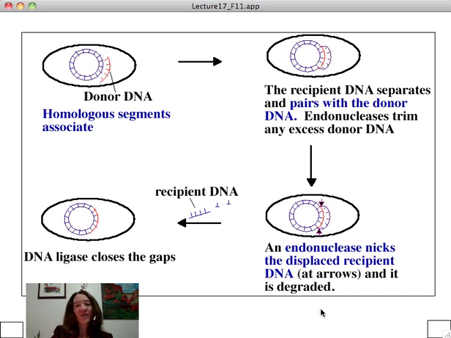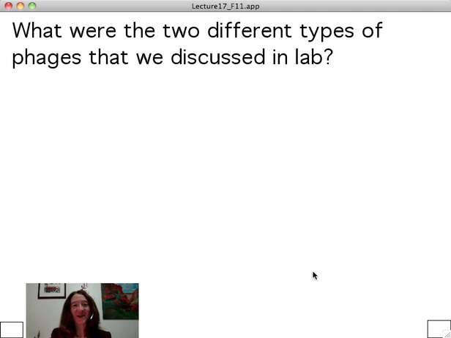So this is how the process of transformation with linear DNA takes place, where the particular fate of the exogenate is to be integrated into the recipient cell chromosome. Marvelous. Let's go ahead and say some words about the next mechanism,